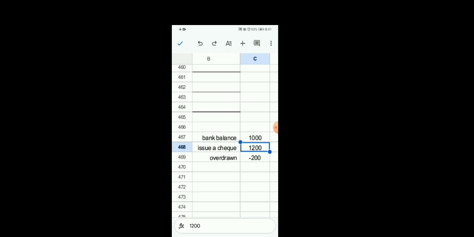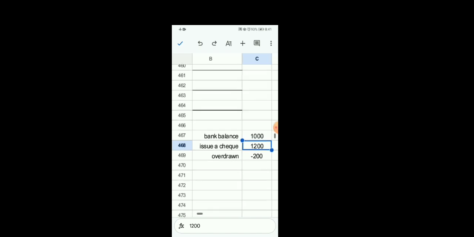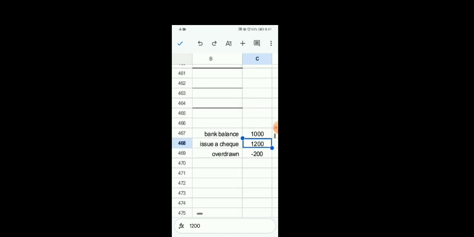So what will happen when you issue this check to your creditor? That account payable person or creditor will go to your bank, present that check and try to withdraw the amount from your bank. But what would happen when you have issued a check with an amount more than the amount present in your bank account? That check would be bounced, returned and dishonored. But at the same time, if you as a customer have a good relationship with your banker, you can put a request